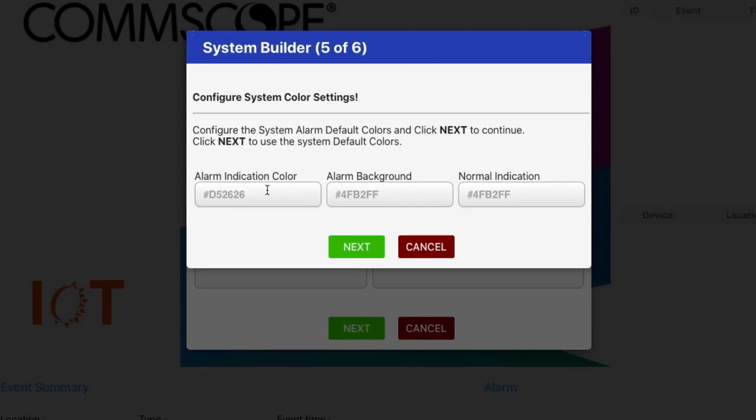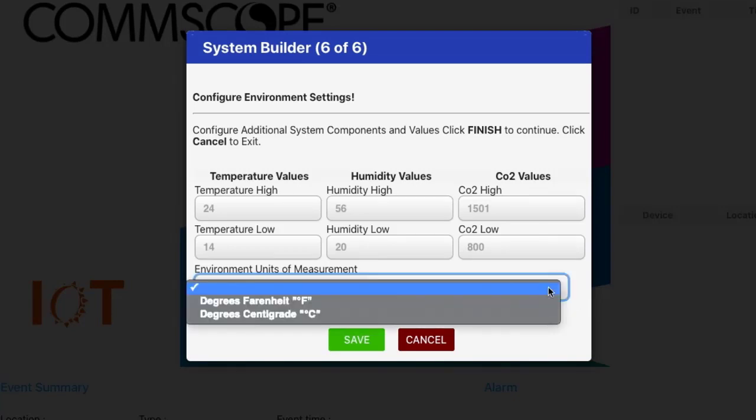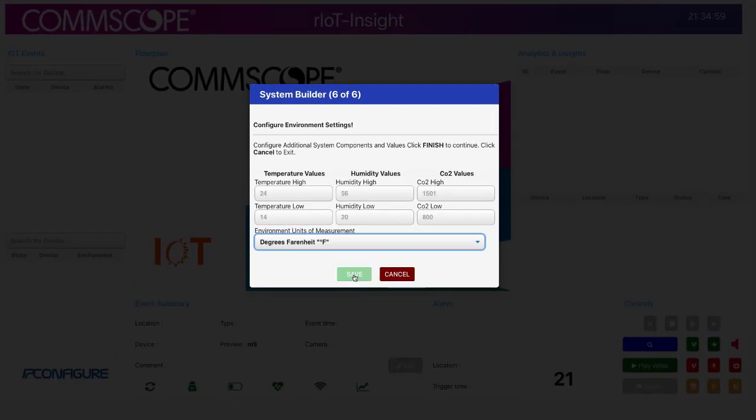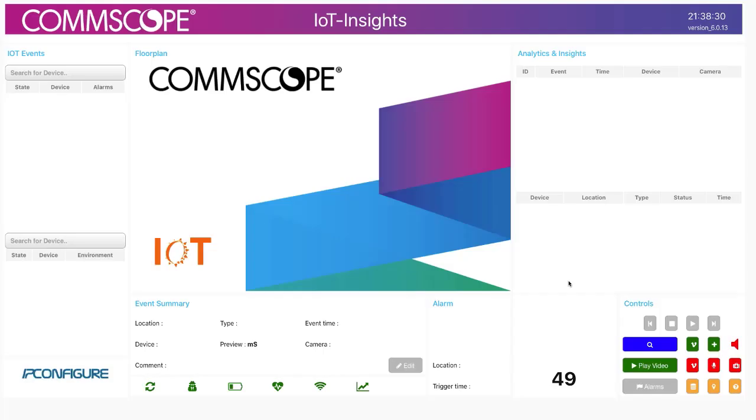These are some color settings. I'm going to leave these alone. These are for our temperature measurements. I'm going to just make sure we are in Fahrenheit. Save that. Now what I'm going to do is begin to onboard that door sensor into our